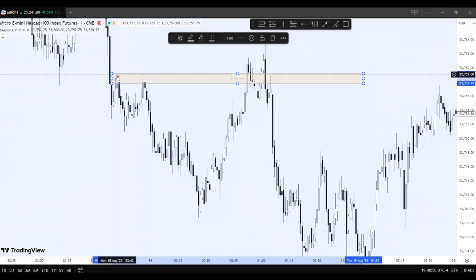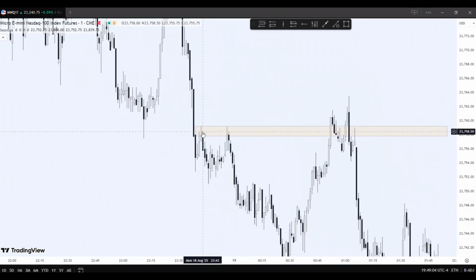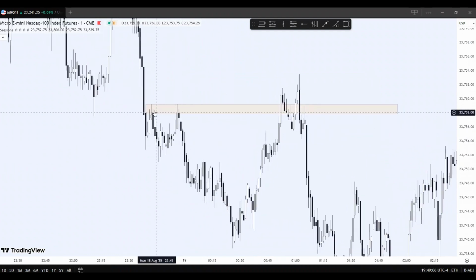We have equal highs right here, relatively equal highs right here, right? So this area right here, there was some interest in such areas,